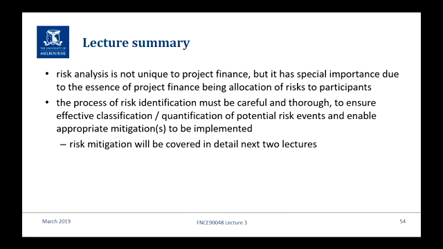You must up front be able to identify all of those events that could happen in the future and will have a negative impact on the project if they do happen. And once you've identified all of them, you have to do effective classification and quantification. So you have to be able to determine, and it's not easy in a lot of cases, the likelihood of an event happening. I picked an easy one because I said interest rate risk is easy to work out the likelihood of an adverse because it either goes up or goes down or stays the same. But in some cases,